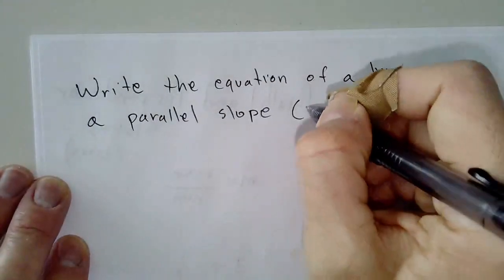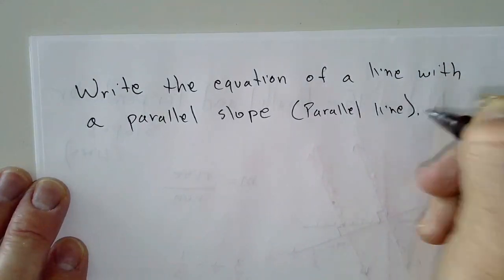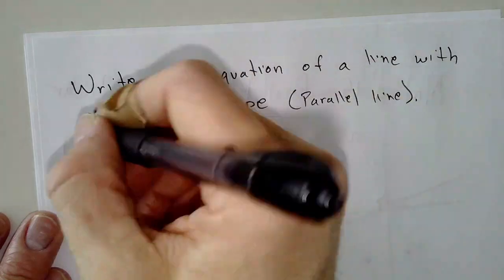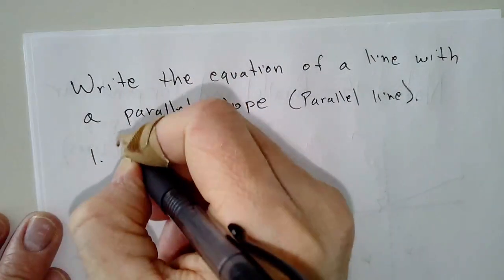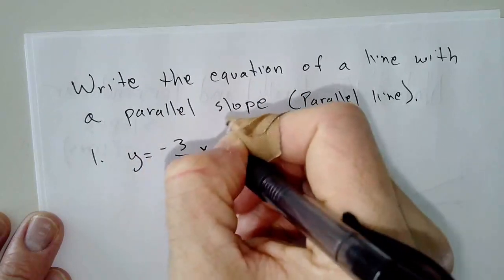Okay, so essentially that's a parallel line. So write the equation of a parallel line to the given line. So if I give you a line and that line is y equals negative 3/4 x plus 10,